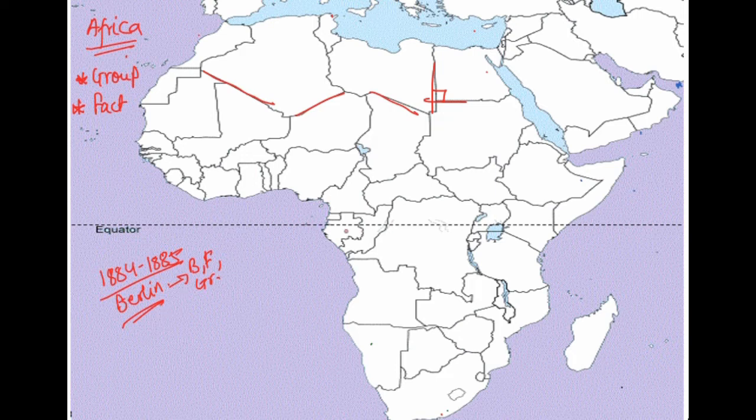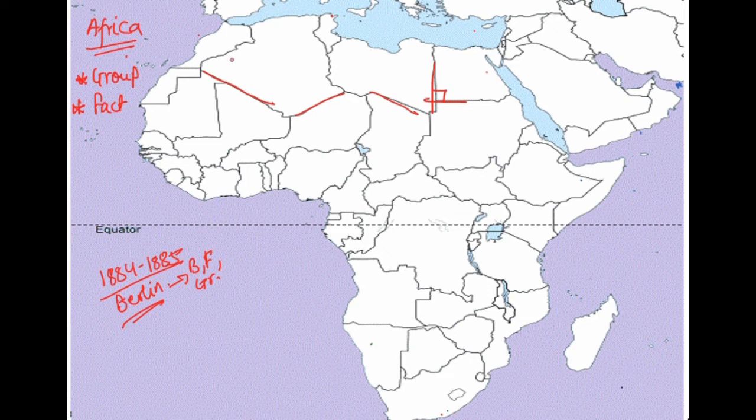literally divide the countries or regions within Africa on a piece of paper, on the map of Africa on a piece of paper. So the result was that the different countries were given to different colonial powers of that time, and the history of Africa today is the result of that process of colonialization. Because of this, there are straight line boundaries.